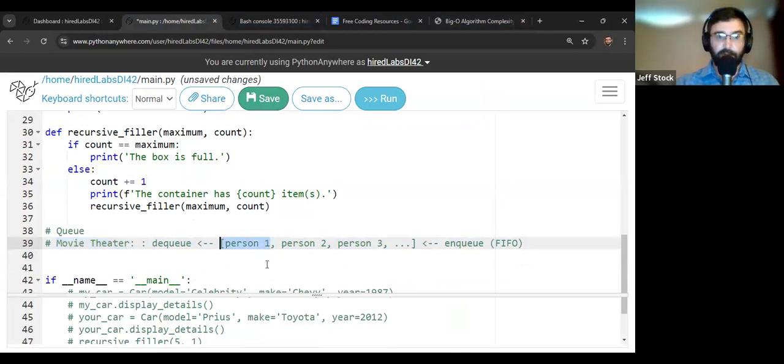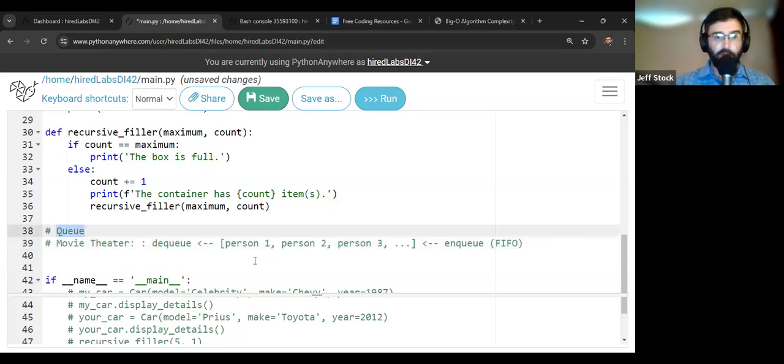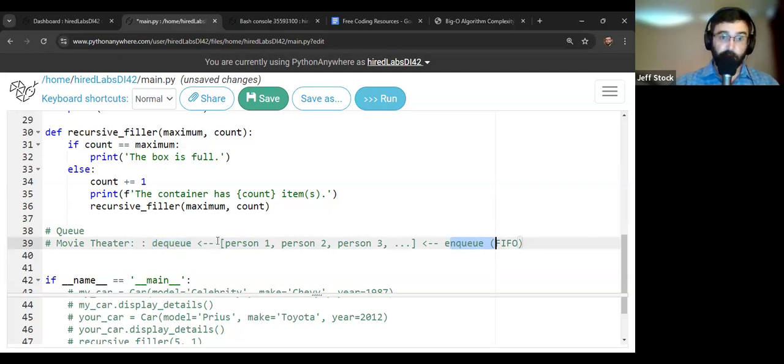So they're going to have a timestamp. This person's going to have the first timestamp. This person will have a second timestamp. And you, as a developer, have to decide how you're going to make this system of queuing these people so that the first person comes out and you do something with it, and the next person that comes in is added to the line. So you want to do a first in, first out construction.